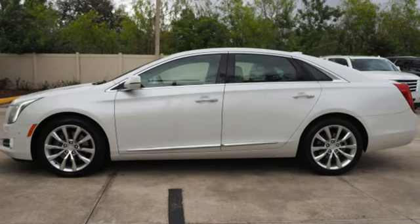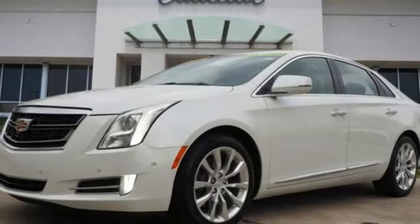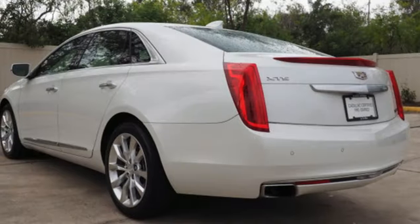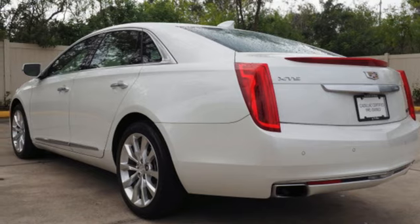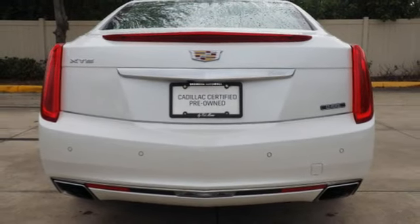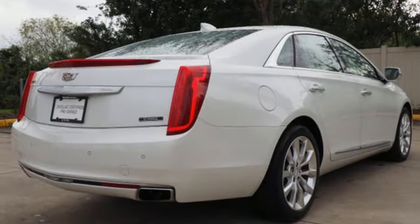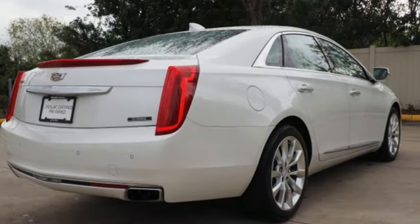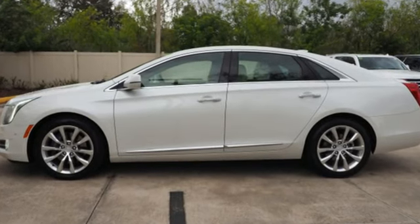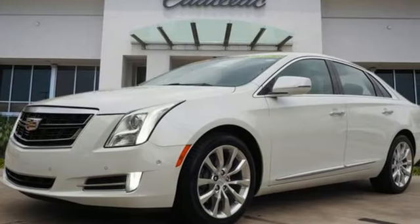Integrated navigation system with voice activation, heated and ventilated leather bucket seats, OnStar 4G LTE Wi-Fi hotspot, aluminum wheels, automatic transmission, magnetic fluid-filled shocks, Bluetooth wireless audio streaming, dual zone climate control, magnetic fluid-filled rear shocks, automated parking sensors, and